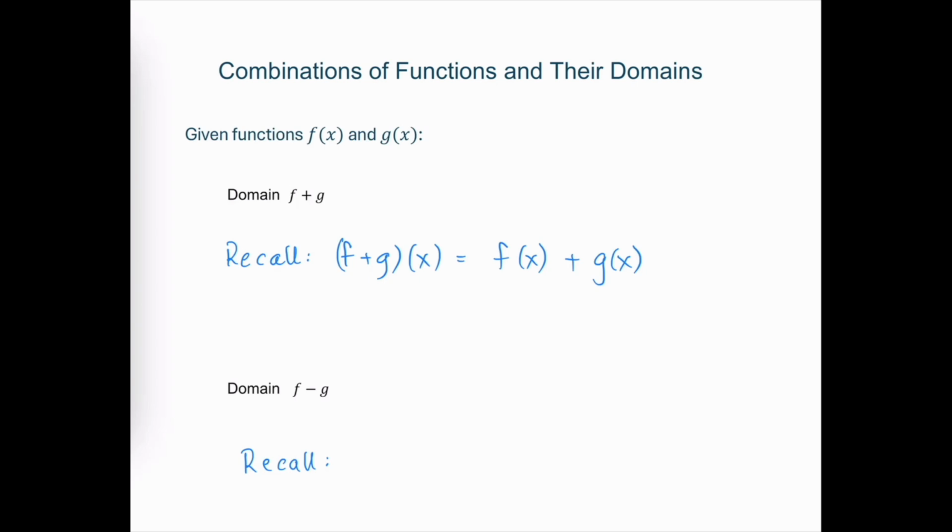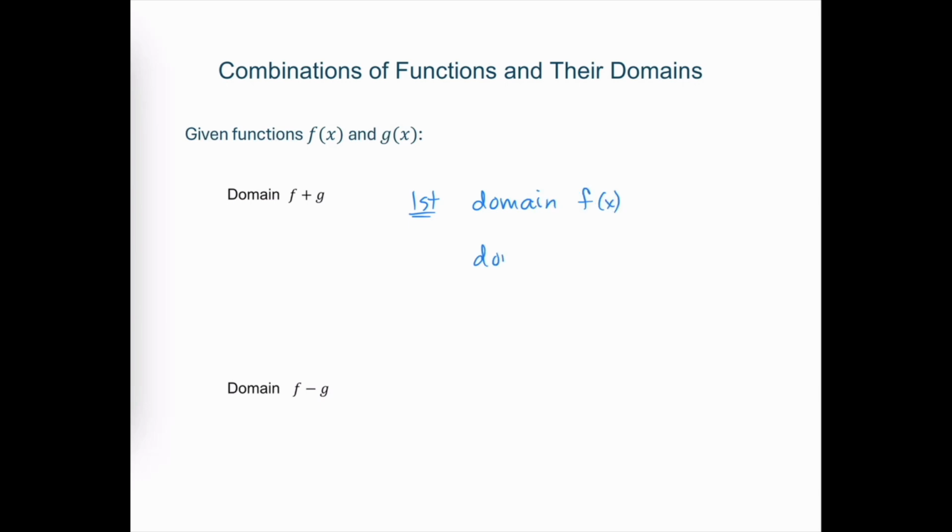Similarly, f minus g is shorthand for f minus g of x, which is itself shorthand for take the f function and subtract the g function from it. And so again, if we have an element that's an allowable input for the f minus g function, that element has to be an allowable input for f and for g. So to find the domains of these functions, the first thing that we want to do is to figure out what is the domain of f and what is the domain of g, and then we want to find where